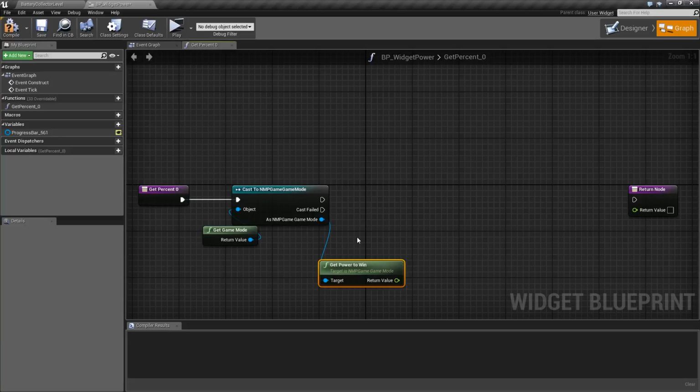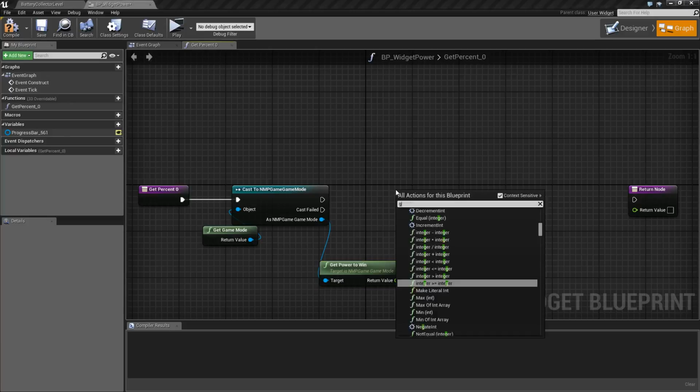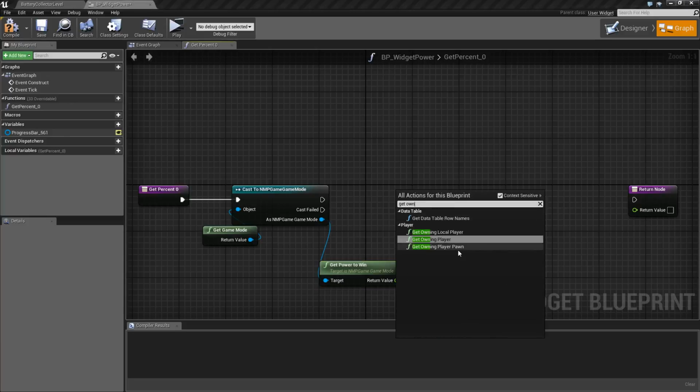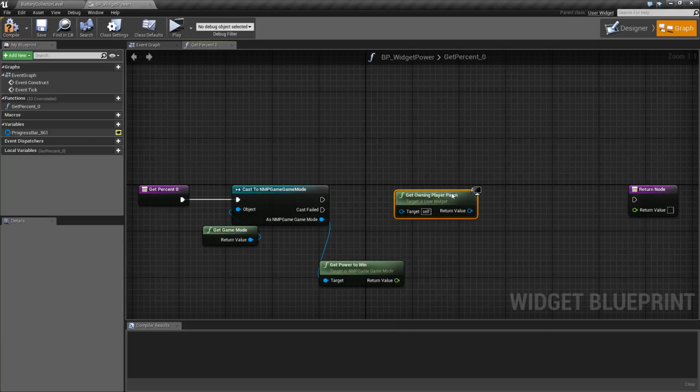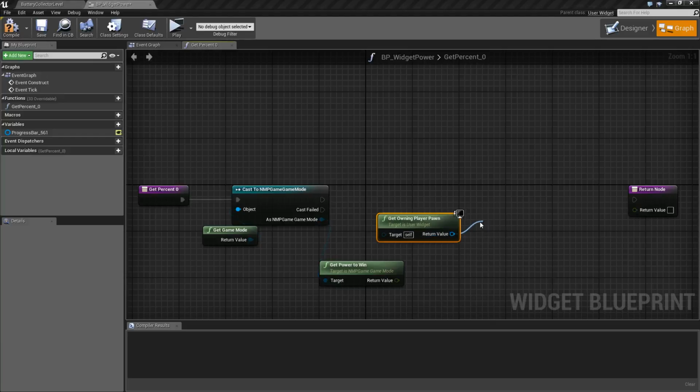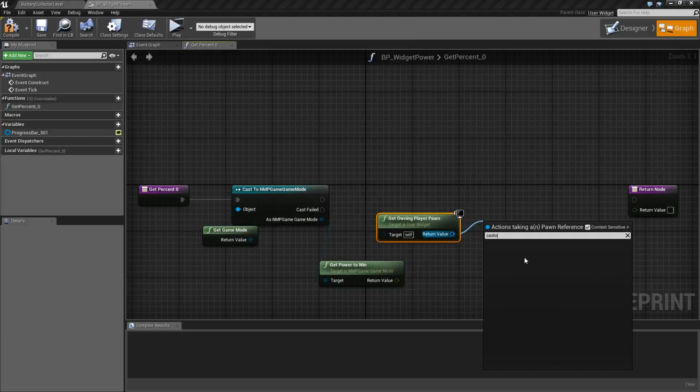And then the next step is we need to get the player, and from there we get the player's current power, rather. So the way we're going to do that is we're going to get the owning player pawn, because our value is stored in the pawn. So grab the owning player pawn. That's going to work right here. You can see it on the client. We're going to cast that to